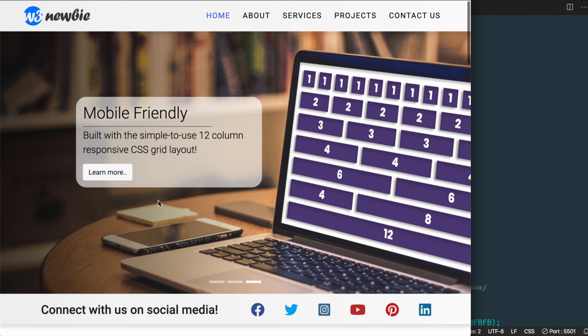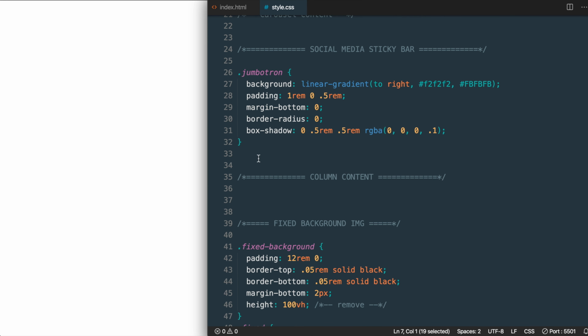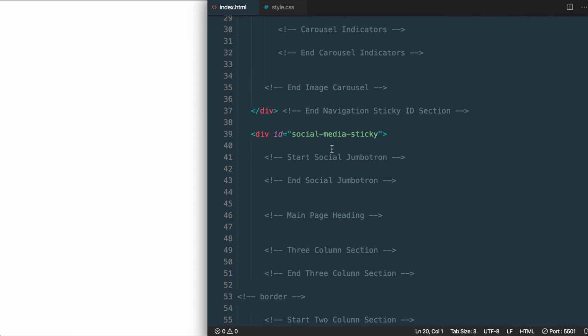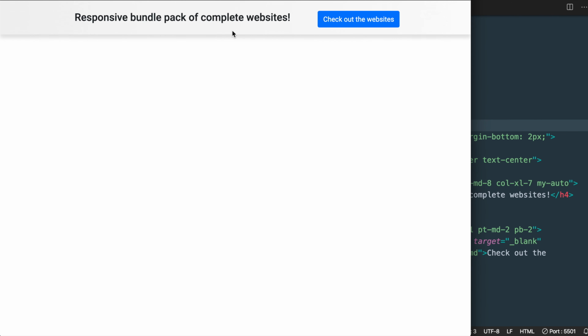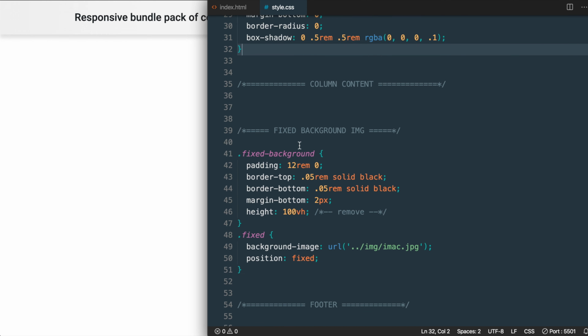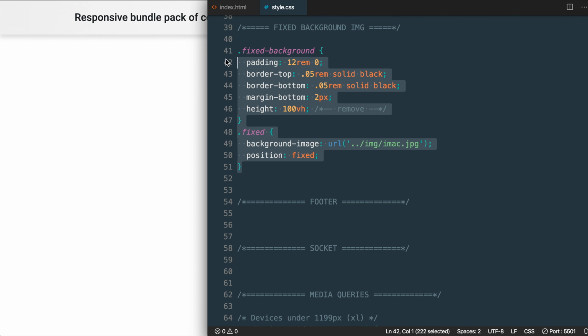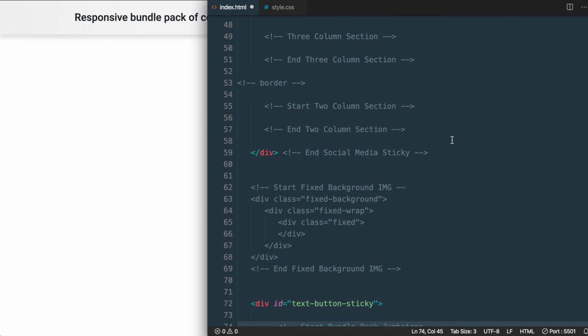to 18 pixels. Then moving down style.css, underneath the comments that we have added for us, we have some CSS added for the Jumbotron class, which is what's used twice for us in the starter files already with the text and button on the right. Then moving down the document, we also have the CSS added for the fixed background image. So you can change the image that you see there with mac.jpg, and with the fixed background section, underneath the